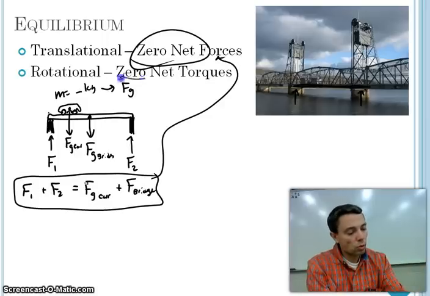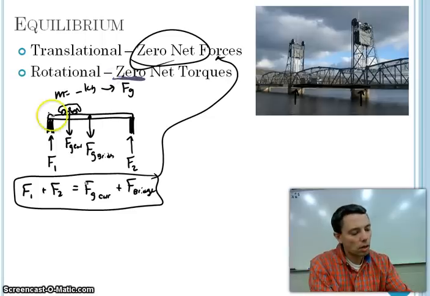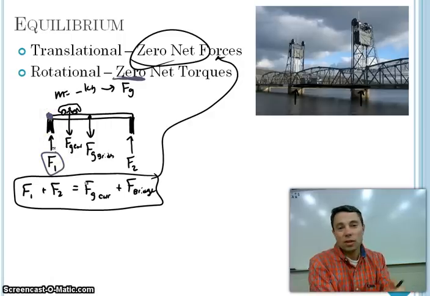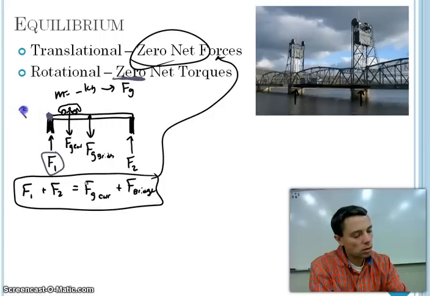But because we want the torque to be equal to 0, it really doesn't matter where I pick it. So I usually try to pick it at a point that's lining up with one of my unknown forces. Because remember, do we want bridges to rotate? No. So in other words, if I pick this as a point of